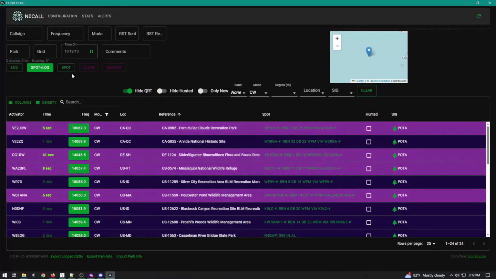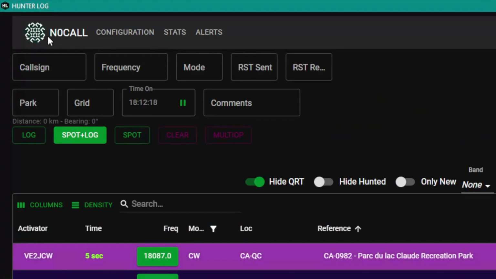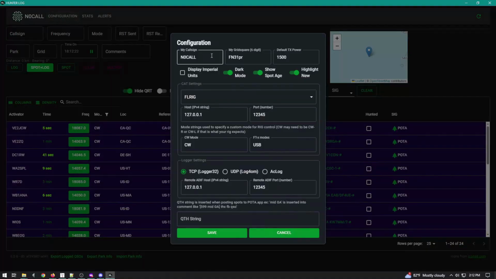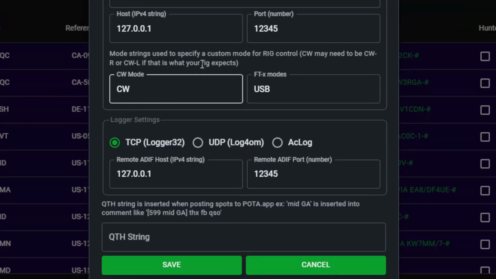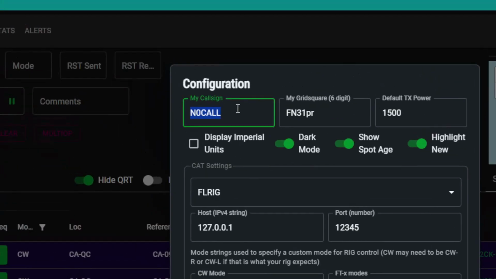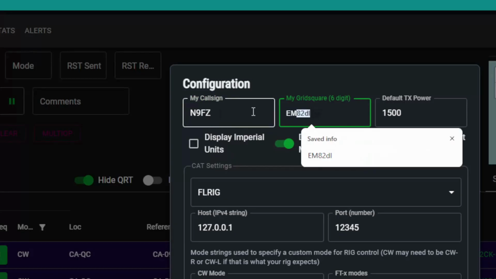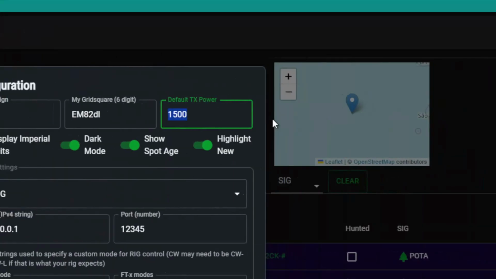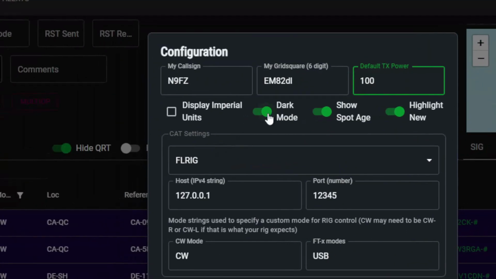Configuring is pretty simple right now. It's clearly not configured because this is the wrong call sign. So I can click the configuration button, and you can see here a lot of stuff that needs to be put in. First things first, we'll put in our call sign. I'll put in my grid square because this will be used when you log. I don't run legal limit, so let's just put in 100. You got some other settings. You can, if you want metric,